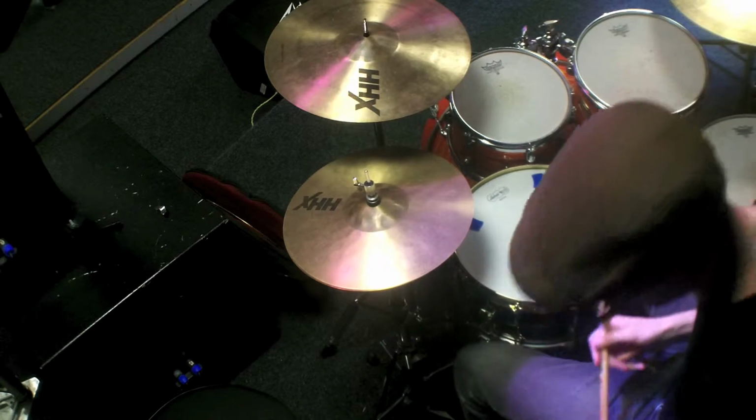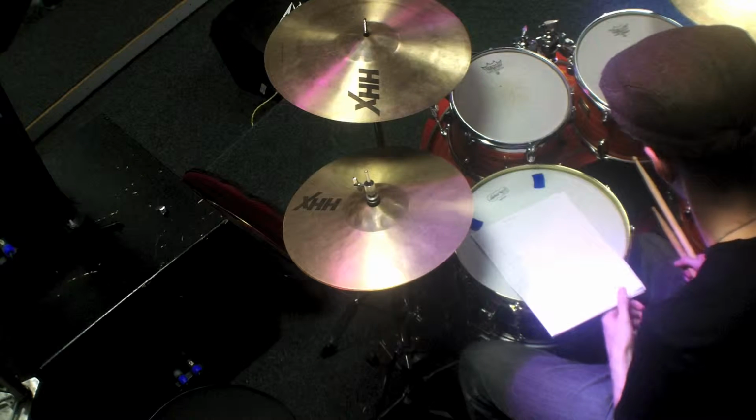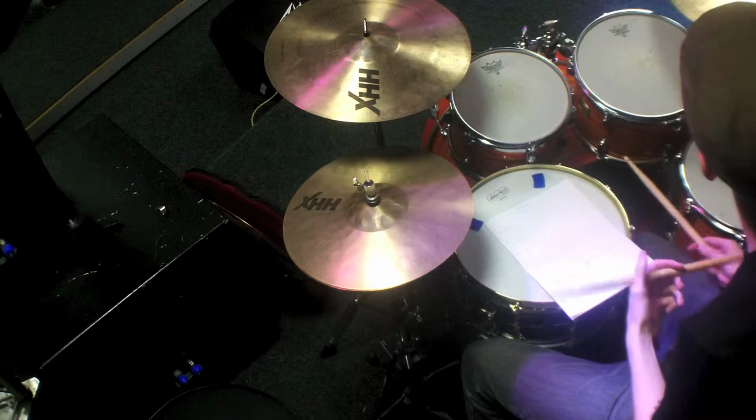When I record it. Do you remember how I did it originally with the loop pedal? It's basically just more of that. Right, okay. So it goes straight in with the